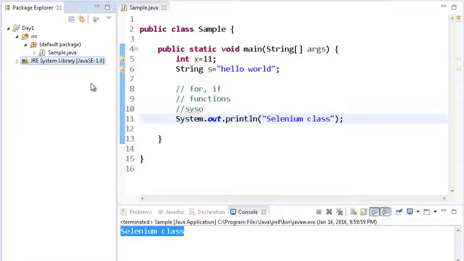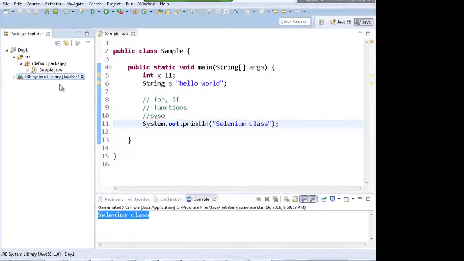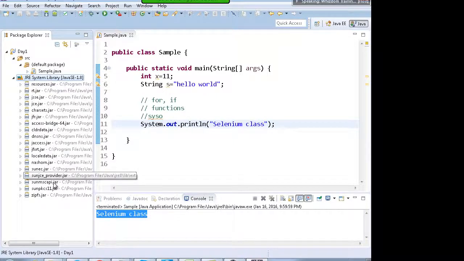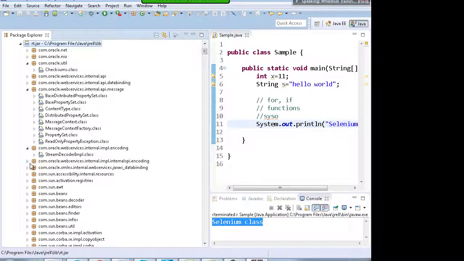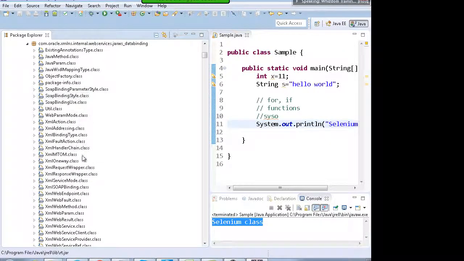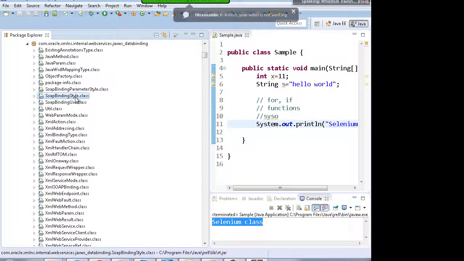This is Java which is installed in your system. Java is a collection of many jar files, and every jar file has a lot of class files in it. You see that so many class files are there. These are pre-built, inbuilt classes in the Java language which you can use.